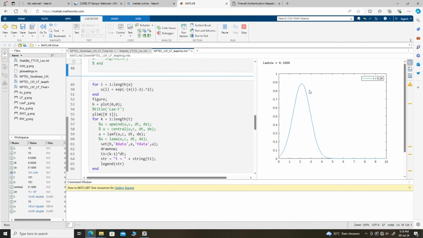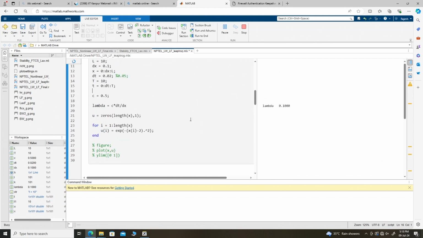You can see that decay is much faster now. From the peak value, decay is very fast. That is because we have used the CFL number and the lambda value which is very low, and that is why the dissipation is very high. Okay, let us stop it here and use our old value, which is 0.1,